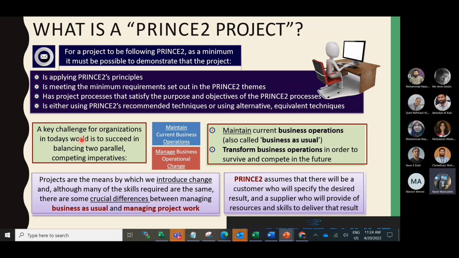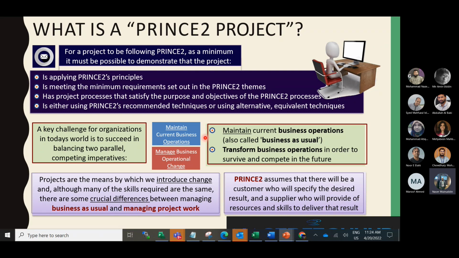And a key challenge for organizations in today's world is two parallel competing imperatives. One is maintaining current business operation, because when you introduce any project, your organization has some operation team, right? So when you introduce any project, you need to consider the ongoing current operation.